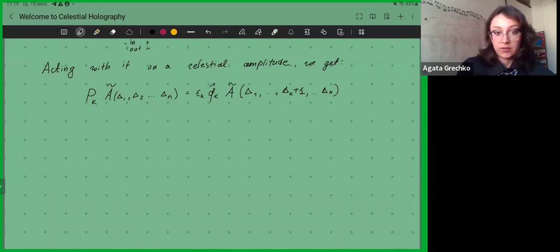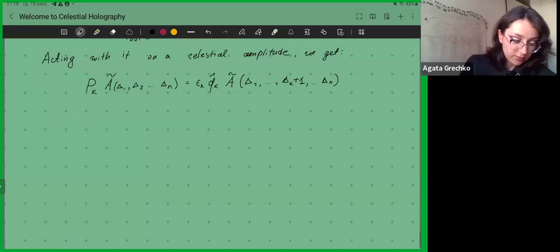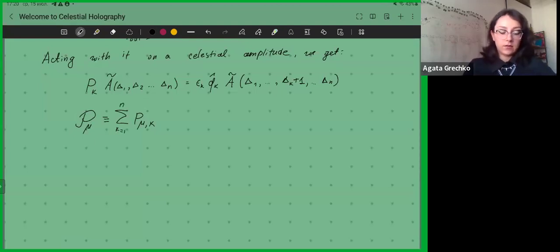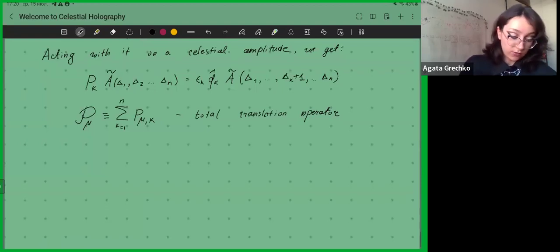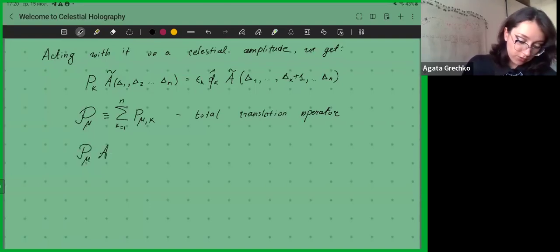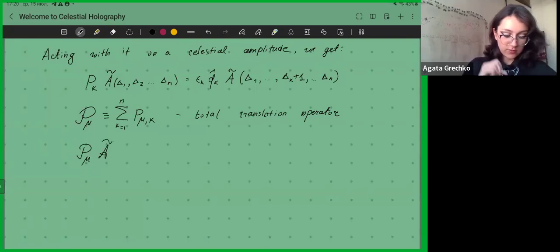So when we act by the whole set of, let's denote it, beautiful P, that is just the action of the sum of all the translations of all particles, right? The total translation operator. The amplitude in the momentum space is invariant under translations, right? So when we act with it on the celestial amplitude, it also should be invariant under the translations. So when we act with P mu on our celestial amplitude, let me write it in this A, this is A beautiful,